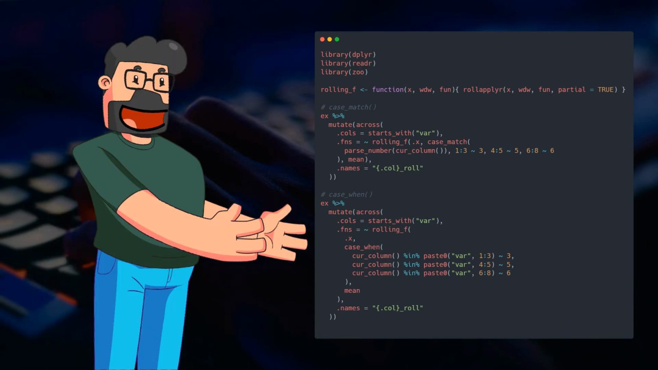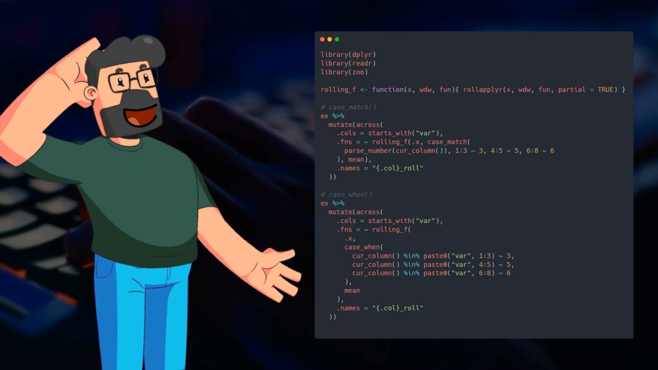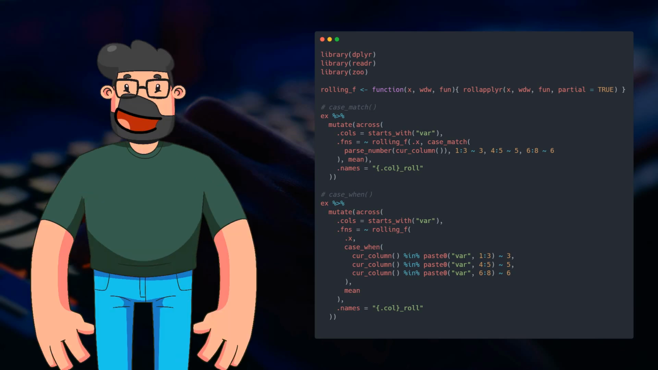By utilizing case_match, or case_when, along with the across function in dplyr, you could dynamically set the window size based on the column name. It's like customizing the window width tailored to each variable. Pretty neat, huh? This approach allows for a flexible and efficient way to calculate rolling averages for different subsets of